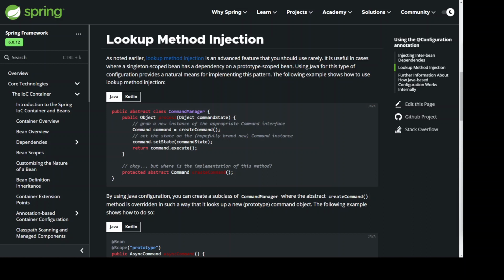public abstract class CommandManager { public Object process(Object commandState) { // grab a new instance of the appropriate Command interface Command command = createCommand(); // set the state on the (hopefully brand new) Command instance command.setState(commandState); return command.execute(); } // okay... but where is the implementation of this method? protected abstract Command createCommand(); }